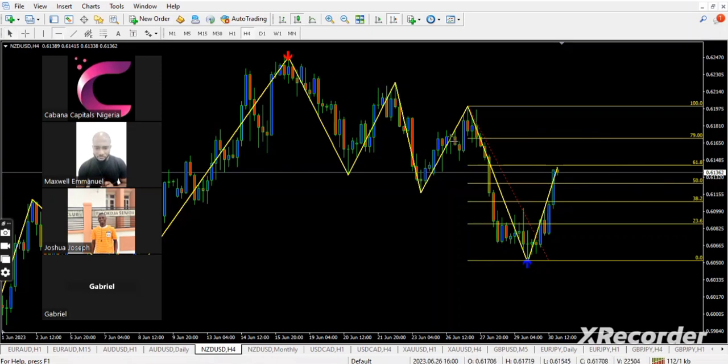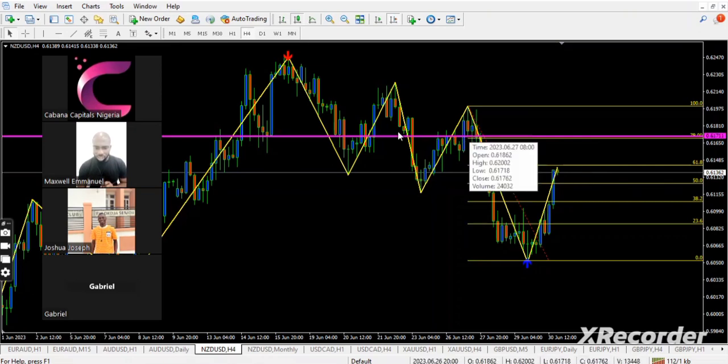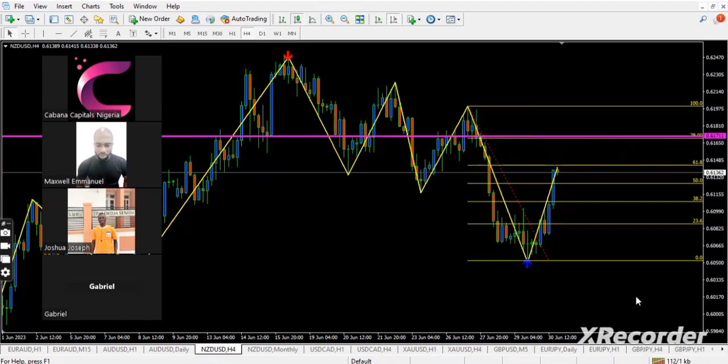So this level is more important than these levels because we have resistance. Here we have support turned resistance. Go back here, support. You go back here, resistance. So this level is a key level. There's a high probability that price will pull back to this level before New Zealand USD will sell. So this is where I'll be considering selling